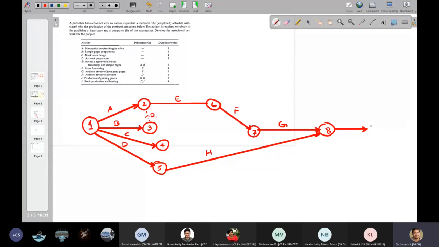Now what is the condition? The next activity is J, which follows C and I. So how to connect? In that case, what I have to do is